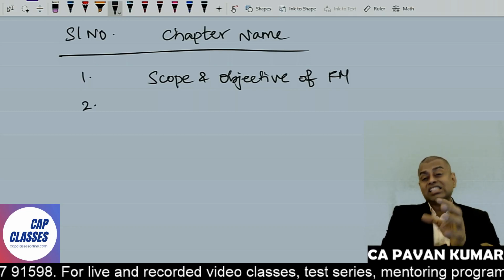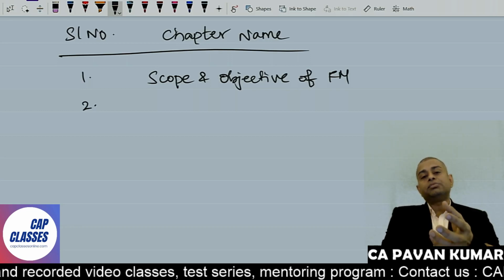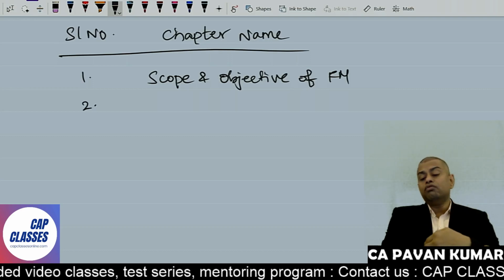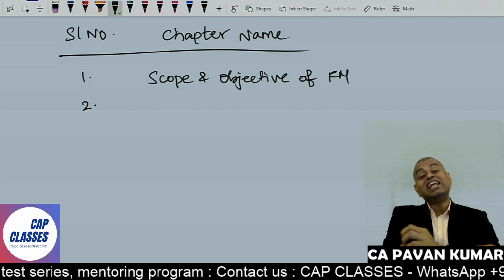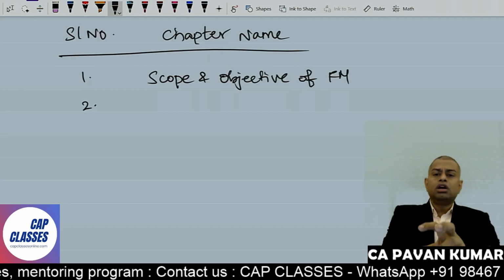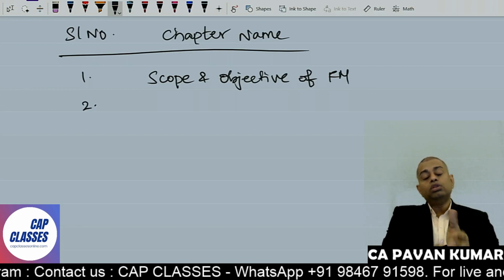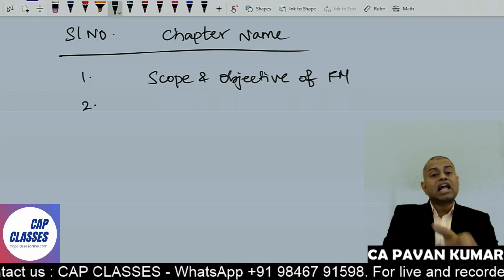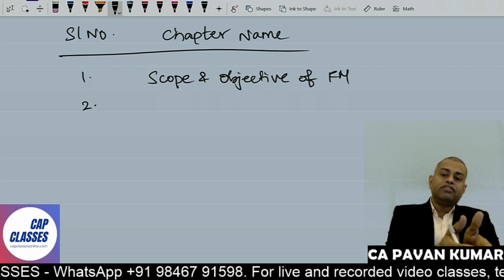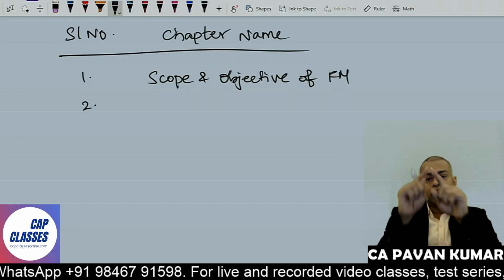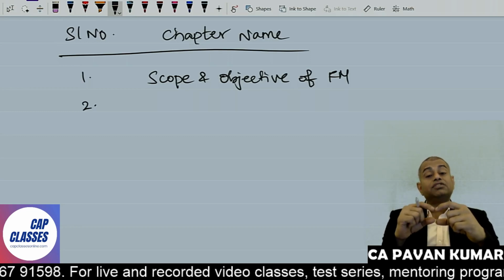And there are two aspects of financial management when you discuss the scope. The two aspects are: how do we mobilize money, and how do we utilize money? How do we procure funds, and how do we utilize funds? These are called two dimensions or two aspects of financial management. And also how finance as a function transformed. Originally, accounting and finance was at a functional level. If you look at the management triangle, top level, middle level, functional level, accounting and finance was there in the functional level.